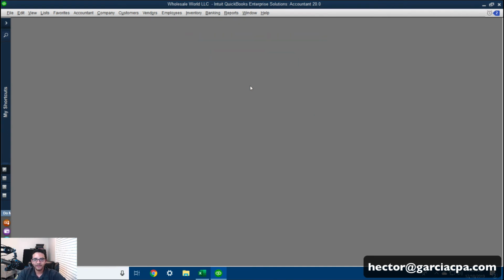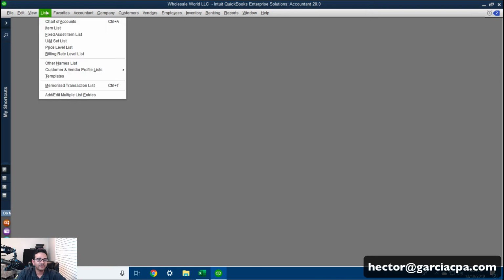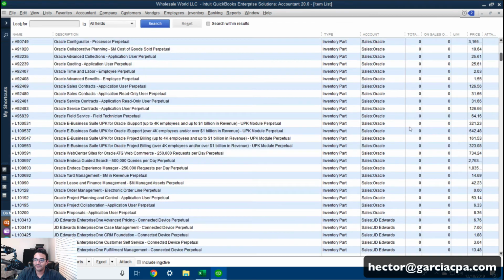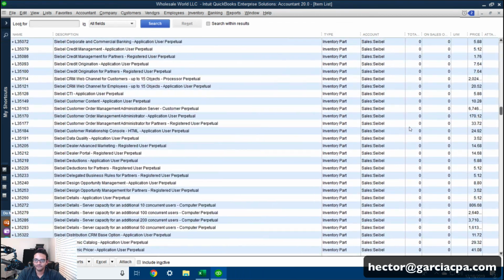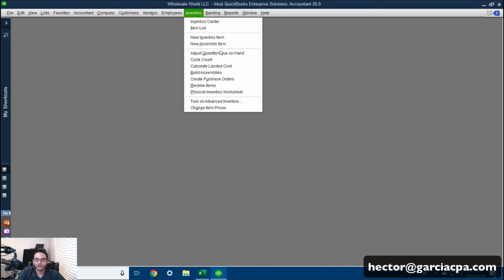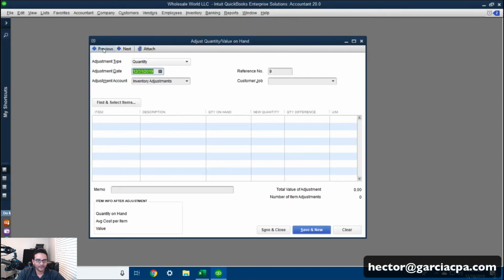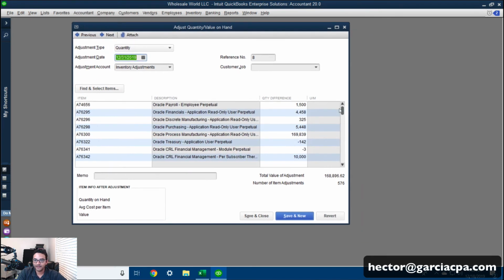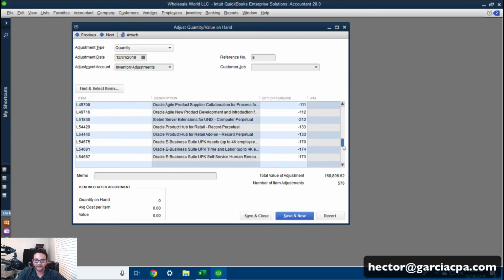Okay, let's click OK. Let's see what happens. Let's go into my item list. And there it is. Look at that. Everything zeroed out. Oh yeah, that's magic. Let's go into inventory, adjust quantity value on hand. Let's click on that. I'm going to click on previews here so we can see it. And there it is. It basically imported all of my quantity differences. It did all that craziness where I put 0, 0, 0, 0. It did all that for me